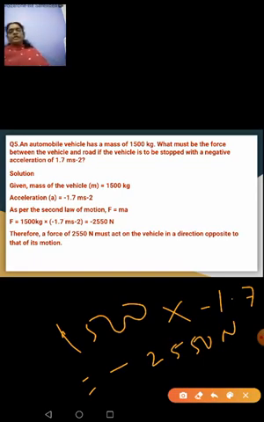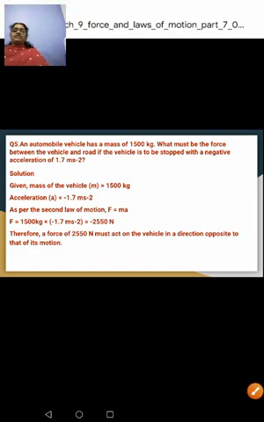Clear to you? So like this you have to read the question thoroughly, start writing down the data, and then you see what is asked. Accordingly you have to apply the formula. As and when you do sums, when you keep on practicing, you will learn it better. Okay? Let's move on to the next sum now.